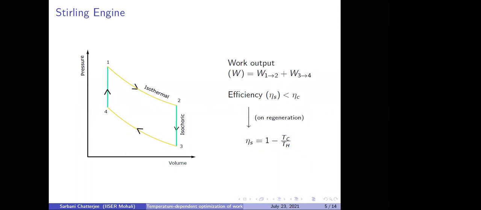Now let us move on to the Stirling heat engine. It also has a 4-stage thermodynamic cycle associated with it, with the 2 adiabatic stages of a Carnot cycle replaced by reversible isochoric processes. But since the 2 isochoric stages do not have any work output, the total work done in one full thermodynamic cycle shall be the sum of the 2 isothermal processes only.